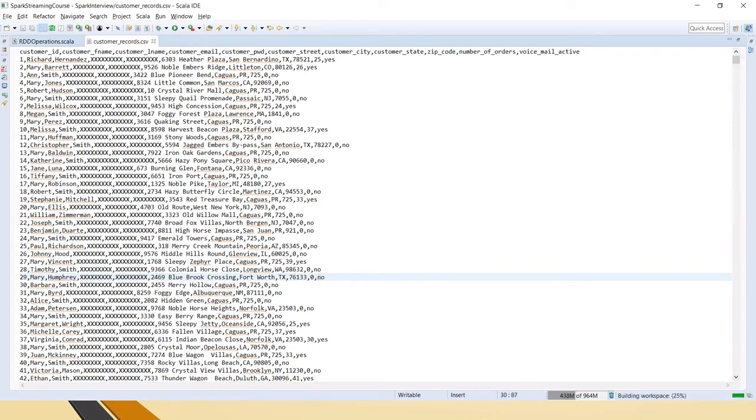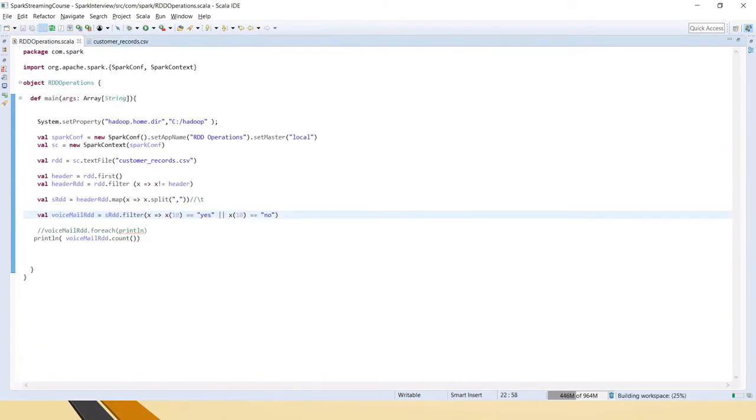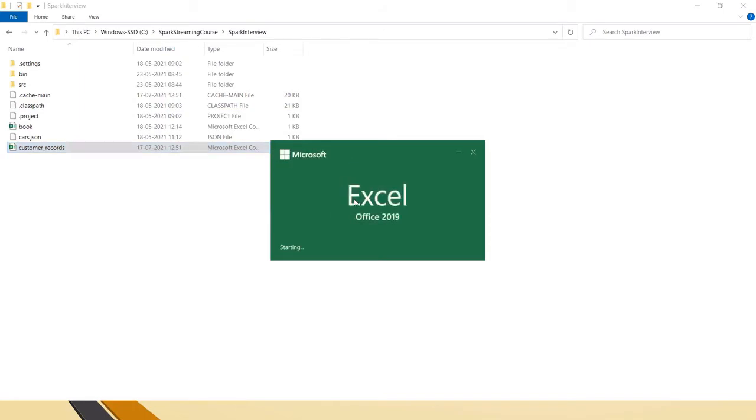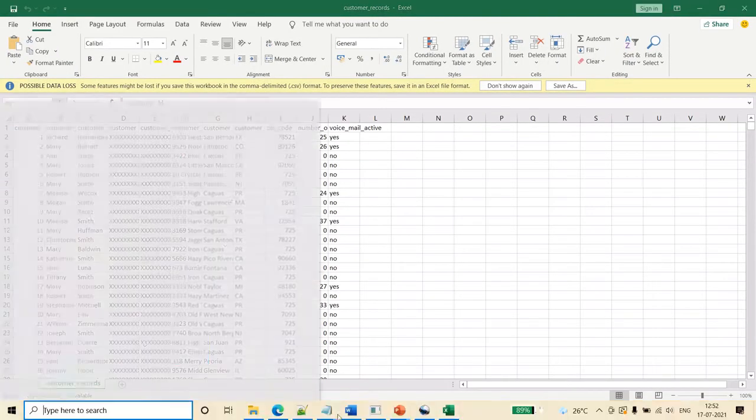Now, keeping that back, this is how we get it. If you want only yes, you can take only yes in the filter and omit this. If you want to print, you can print using this. Because it has 12,000 plus rows, I am getting the count. You got it, right? Next, let me open the Excel, as it will be easy for performing validations.